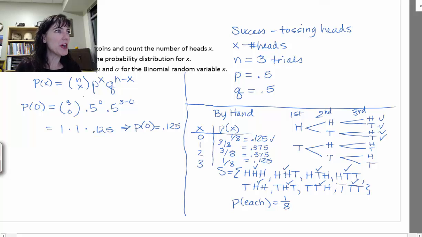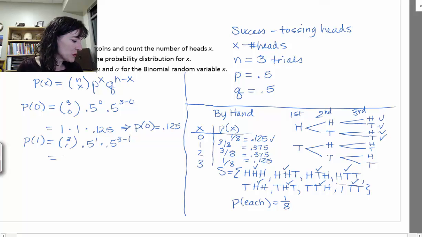And now I want to try another. I only have a few, so I can do them all. So I have the probability of seeing 1 heads is 3 choose 1 this time, times 0.5 to the first times 0.5 to the 3 minus 1, which is 2. And so 3 choose 1 comes to 3